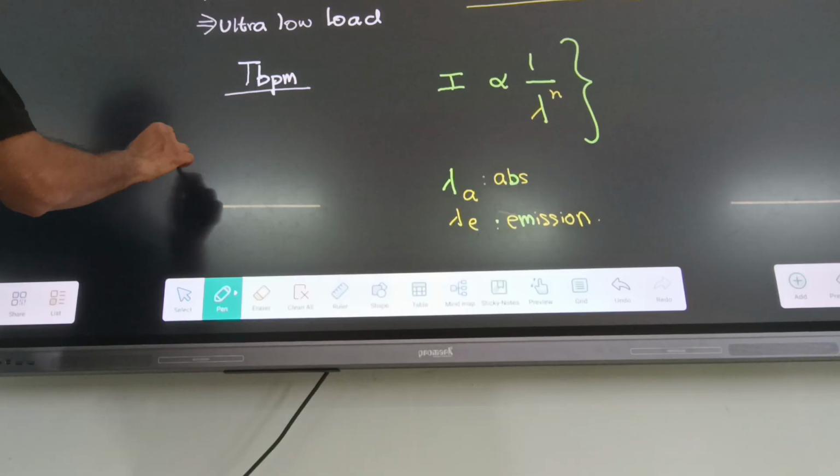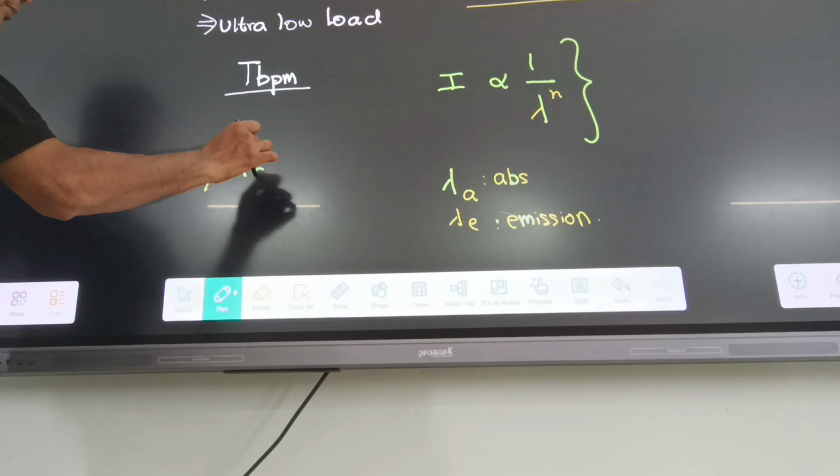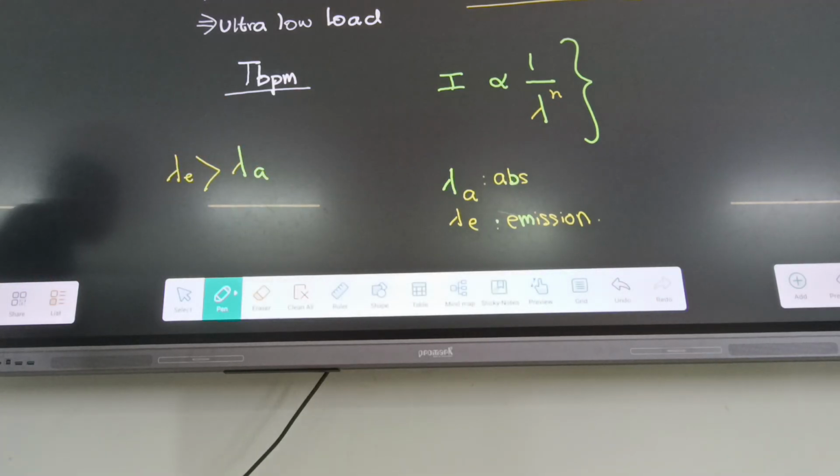So if lambda emission is more than lambda absorption,